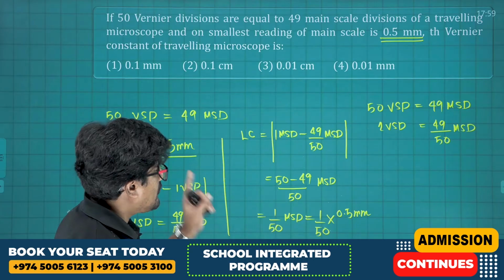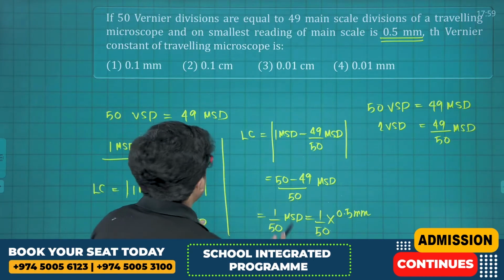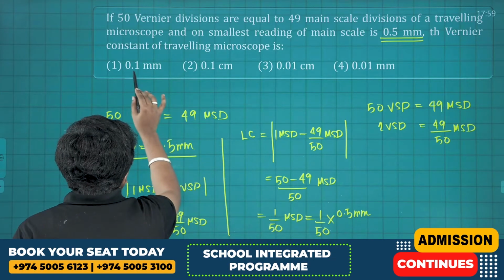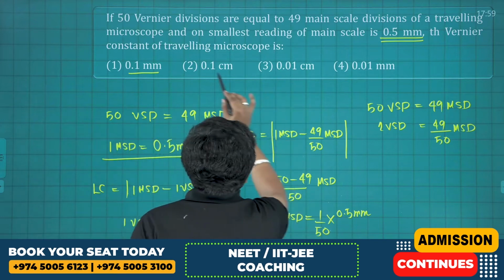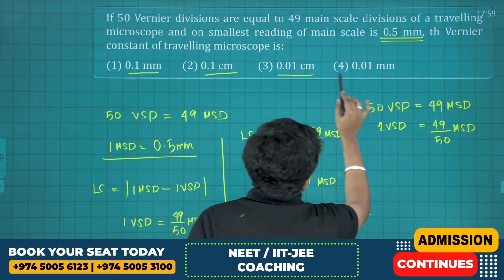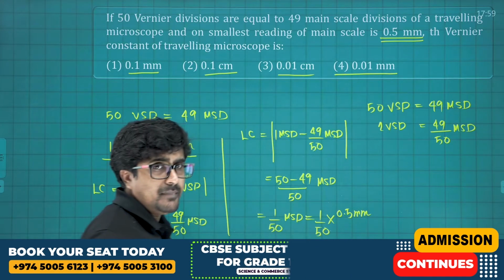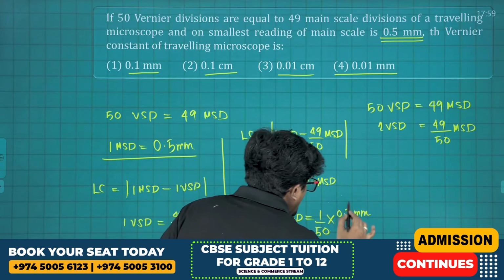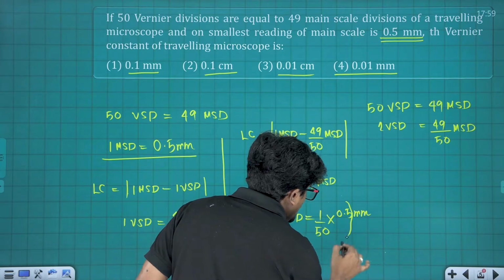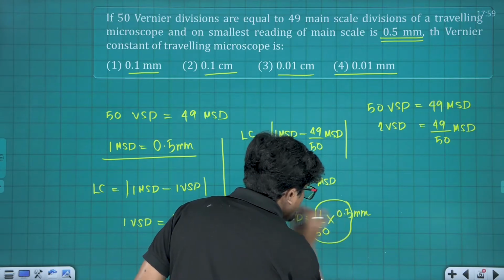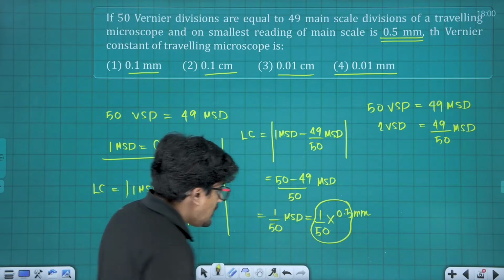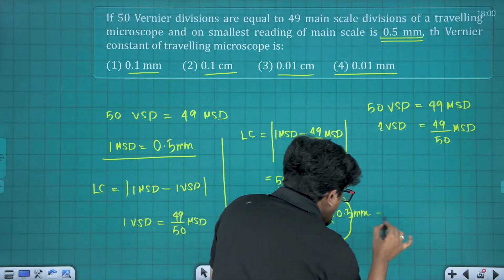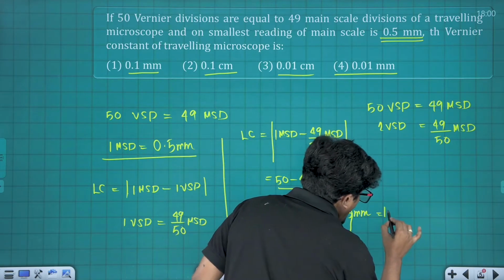Okay, 0.5 mm. How to manage this? You must check all. Here we have got the answer in millimeter, centimeter, centimeter, and again in millimeter. 4 options are here, isn't it? Of course, keeping this as millimeter, if I want to check, here this is going to be 1 millimeter